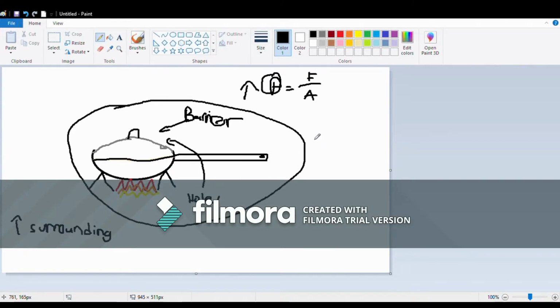It's still a closed system though, because the pressure inside is still higher than the outside. This hole acts just as a barrier. So since it has higher pressure than the surroundings, we can come up with a relation that